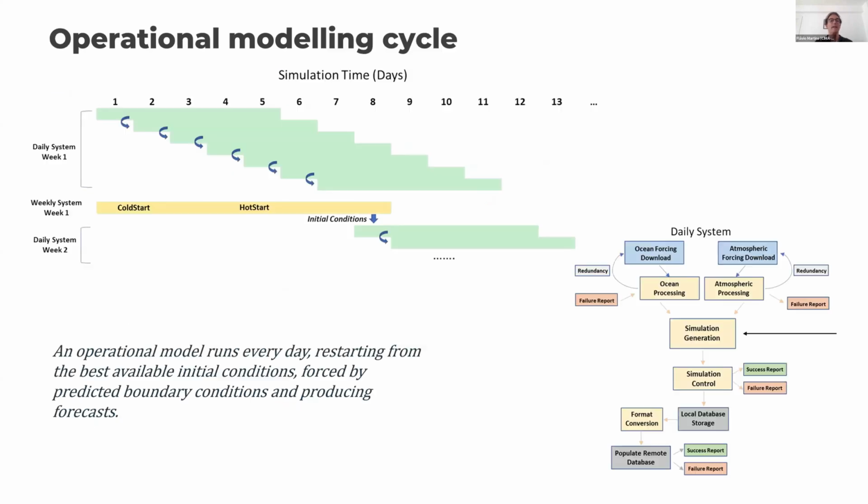Okay? And when we have an operational model, we need to run the model every day, as I told you. So I'm showing here a possible cycle, the cycle that we use in those two operational models that I've shown you. So basically what we do here is, every day the model runs. During the morning, for example, during the first hours in the morning, it runs and it produces a simulation for the next 4 days, okay?